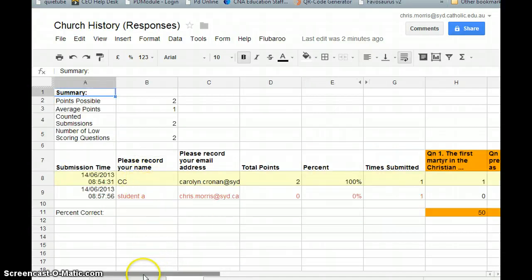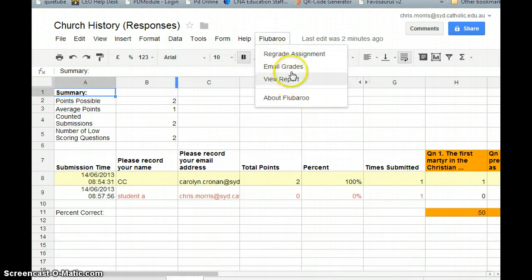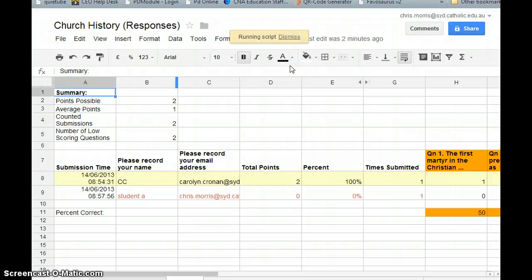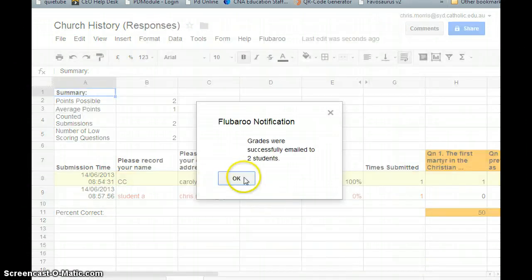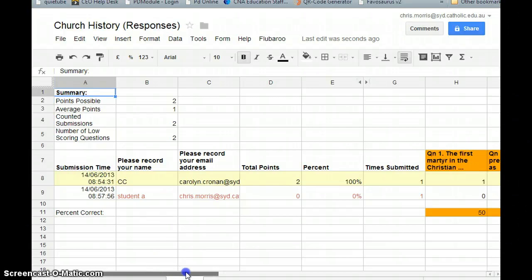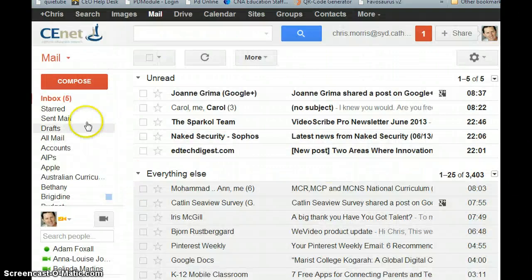And you can see there that's a student of concern, they didn't get any right. All right, so that's really useful. I can then go to Flubaroo, I can email grades, and because the students had to record their email address, which is there, I can include an answer key. Please check your responses. And I hit continue, and that then shoots you off an email with your grade and the response, which looks like